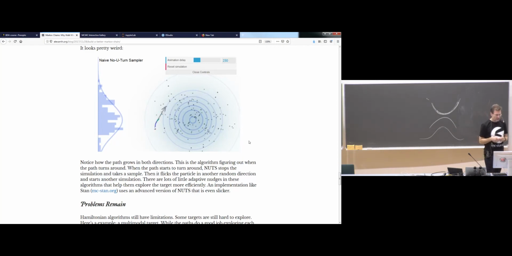Last week I did mention for the Metropolis some of these conditions, how we know that it is a Markov chain that has a certain target distribution.